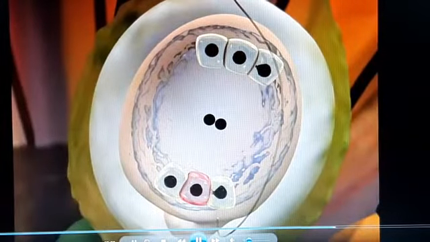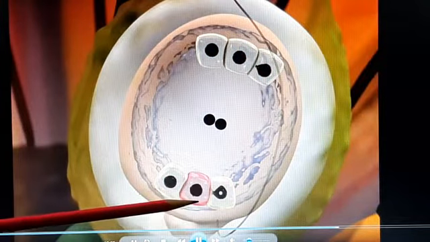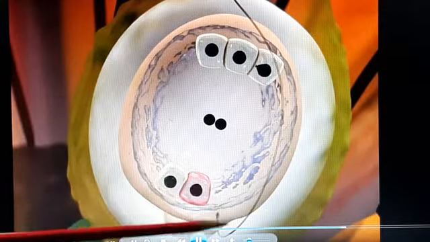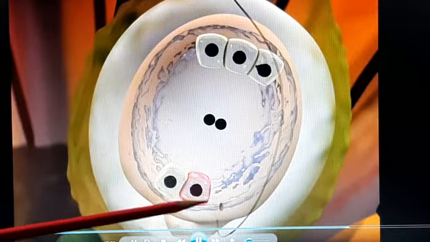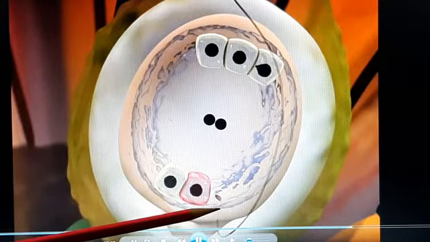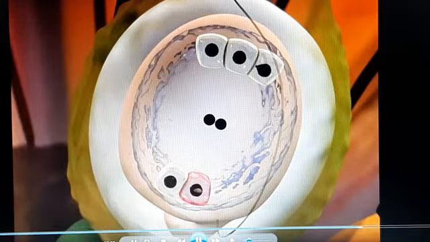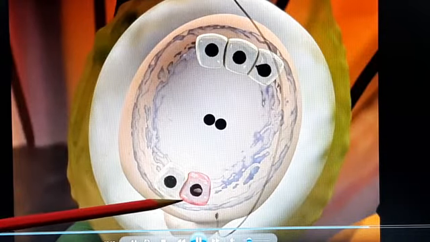This is the formation of the 2 male gametes. One of them unites, this cell will degenerate, one of the synergids. The male gamete is now entering the egg cell. This is called fertilization, and this will result in a zygote which will further divide and become an embryo.